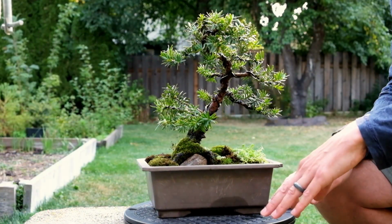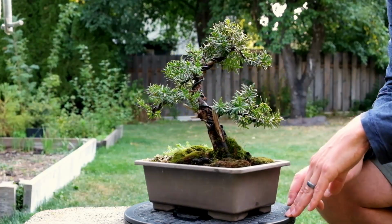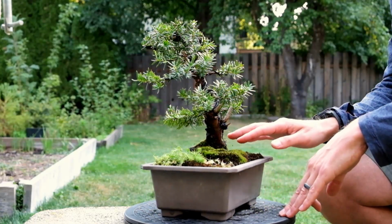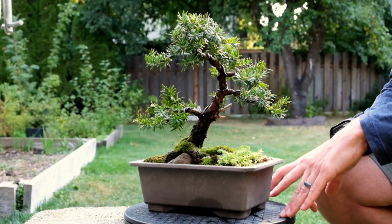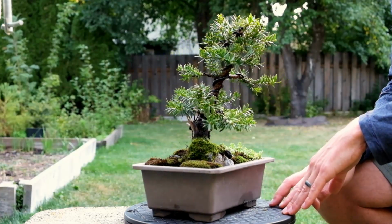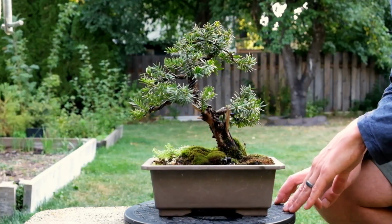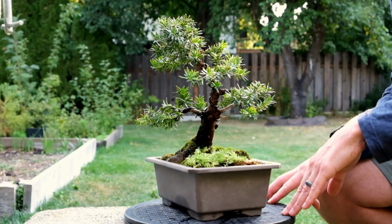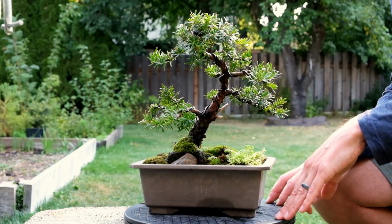This tree, like I said recently, honestly is becoming one of my more favorite trees. Definitely my top 15. It's got a lot of things going for it. It's got good taper. I've put this trunk movement into it, so it has an interesting trunk line. And I do like the toughness of yew. They can grow in shade. They can grow in full sun. And they back bud on old wood,